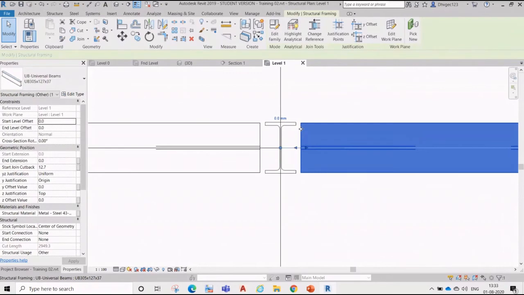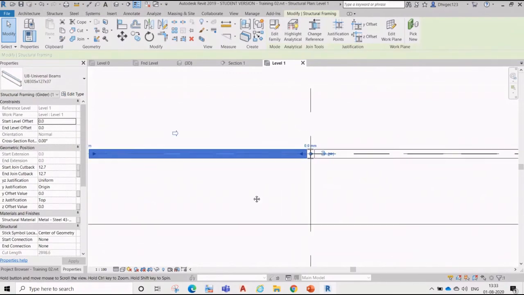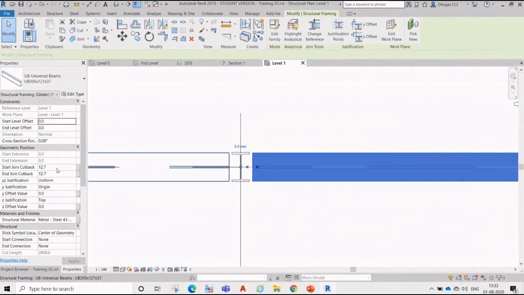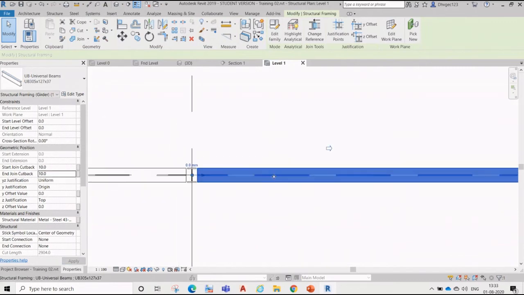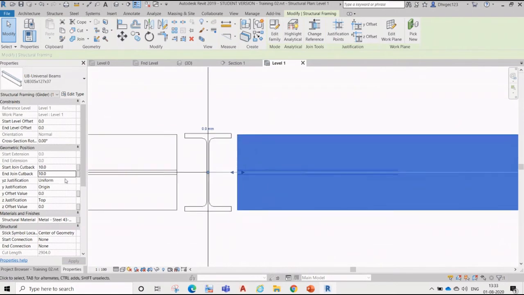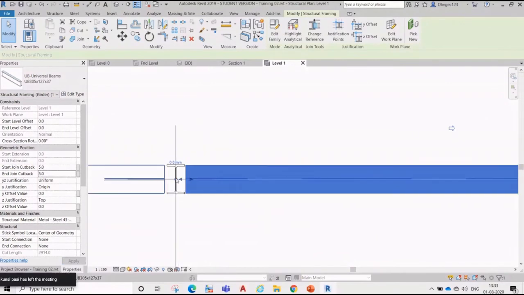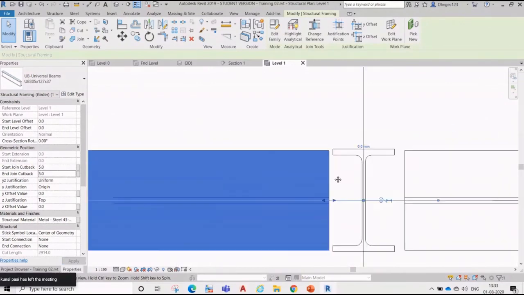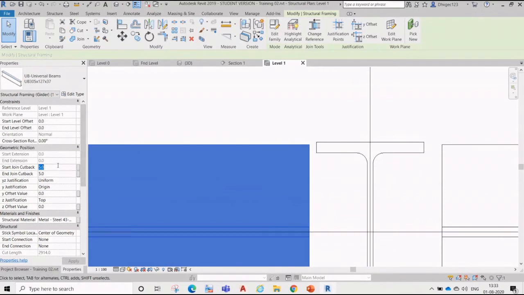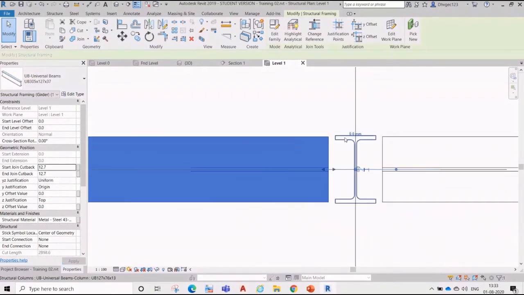If you want it properly, then you can change it here. Like right now it is 12, now I want to put it 10. I want to make it 5 mm only, so you can just make it 5 mm, and you can see both sides the tolerance is 5 mm. This dimension is only 5 mm. Okay, I'll make it